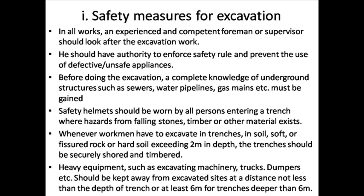Number 1. Safety measures for excavation. In all works, an experienced and competent foreman or supervisor should look after the excavation work. He should have authority to enforce safety rules and prevent the use of defective or unsafe appliances. Before doing the excavation, a complete knowledge of underground structures such as sewers, water pipelines, gas mains, etc. must be gained. Safety helmets should be worn by all persons entering a trench where hazards from falling stones, timber